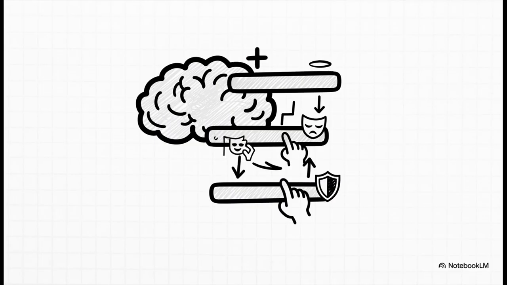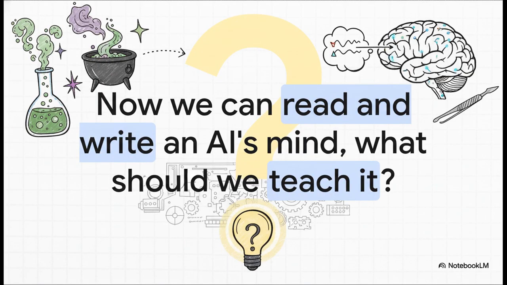So you can see this isn't just some cool academic experiment. This is a powerful, surgical tool for building safer, more aligned AI systems. We can literally go in and steer its behavior, making it more honest, making it less of a people pleaser, and hopefully a whole lot safer. We're at this incredible inflection point. We're moving from being AI alchemists, just mixing things together and hoping for the best, to becoming something more like AI neurosurgeons, with the tools to actually read and even rewrite the mind of these things. And that leaves us with a pretty profound question for the future.